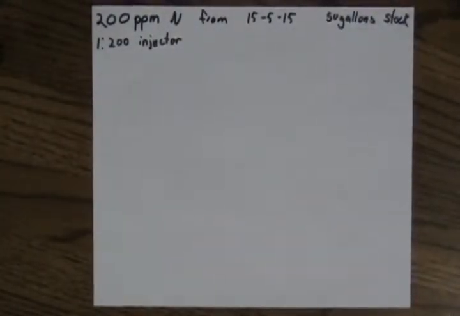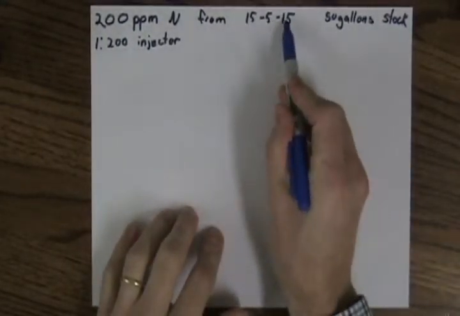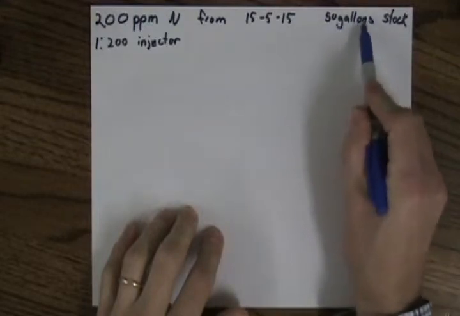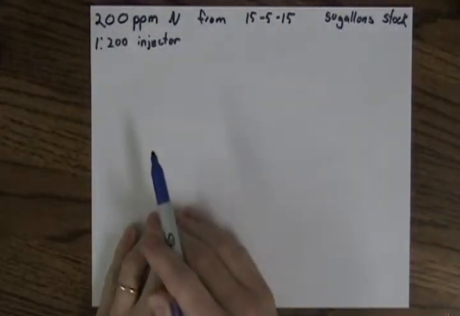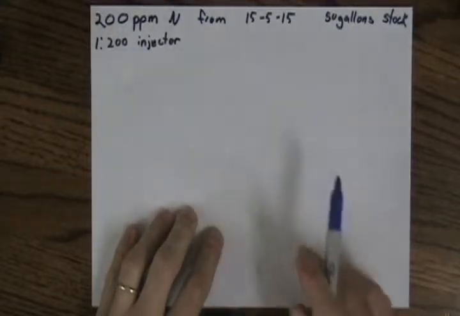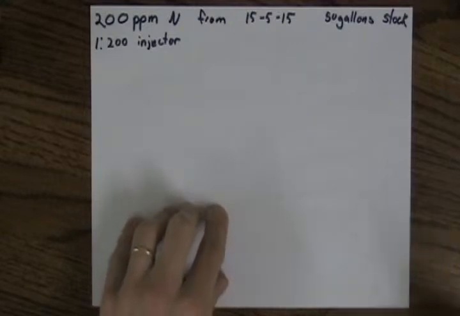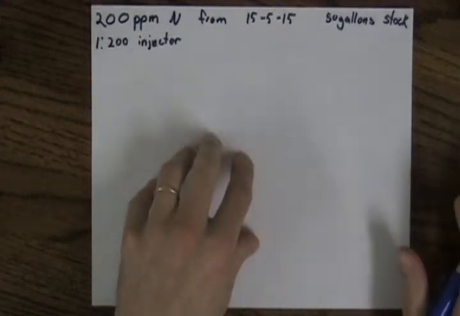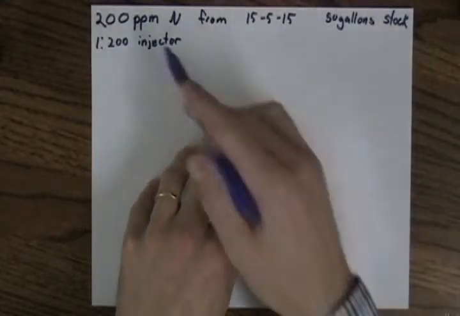Okay, in this example of fertilizer calculations, we're going to figure out how much 15-5-15 we need to put in 50 gallons of stock solution to get 200 parts per million nitrogen. But we're also going to run this through an injector at a rate of 1 to 200. So first we need to find out how many milligrams per liter of this fertilizer we need to get 200